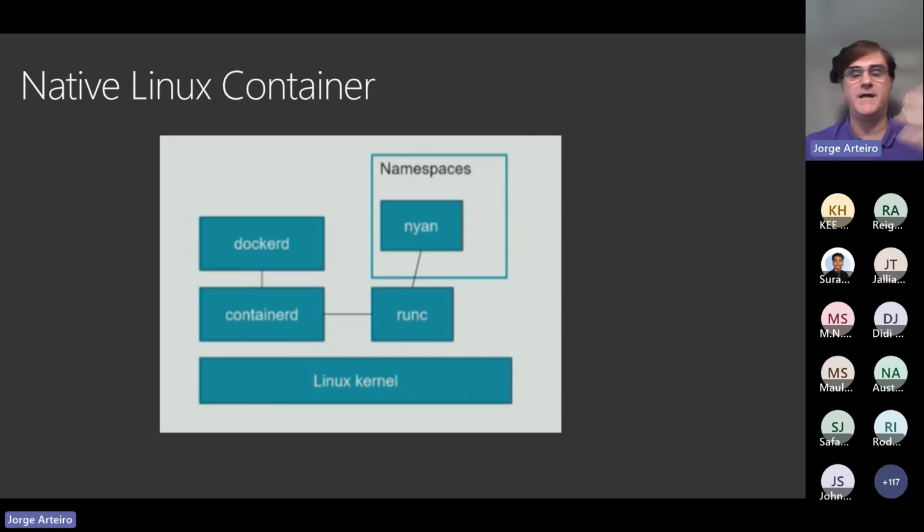When you write code in Python, .NET, Go, Rust, any language, you create an executable, something you're going to execute and run on a machine, and that runs like a process on top of the kernel. Then the kernel allocates memory and CPU, and you run that process there. What happened with containers is that we want to run multiple applications on the same machine, but isolated from each other. That's where containers came from: isolation of workloads.